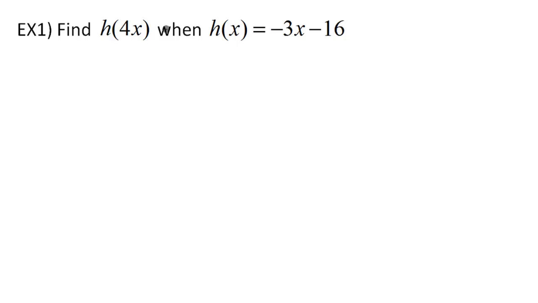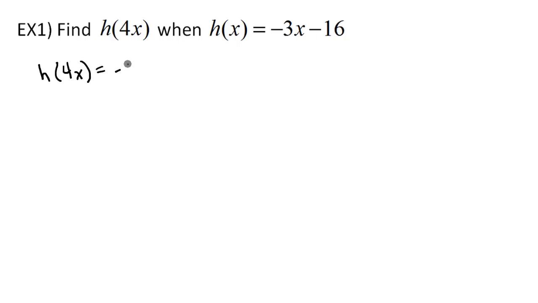In this video we've got a function h of x and we want to evaluate it for h of 4x. So the input is going to be including a variable right here. So we treat this just like if we were evaluating for a number by itself. I'm going to rewrite, so let's say if I do h of 4x, I'm going to rewrite this function right